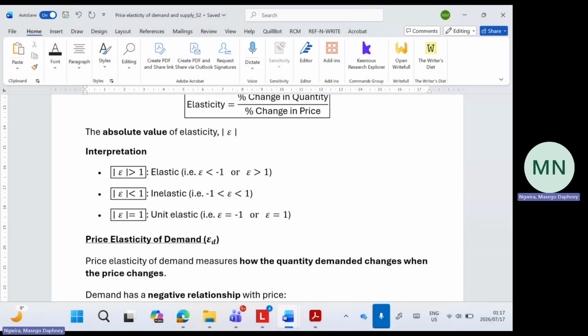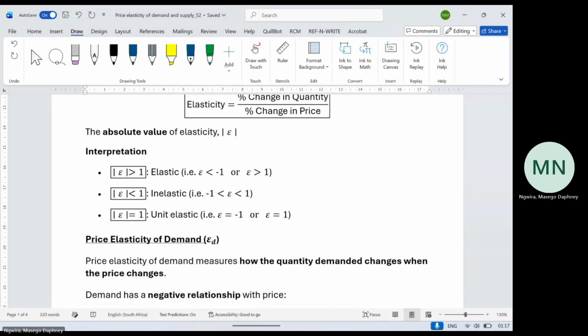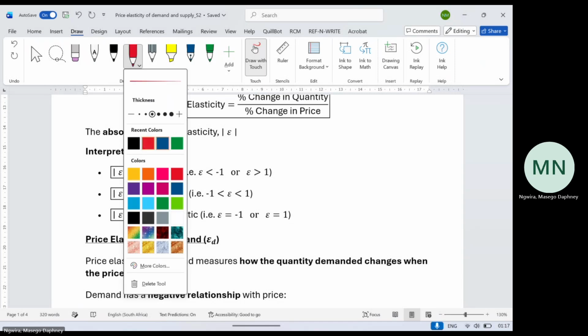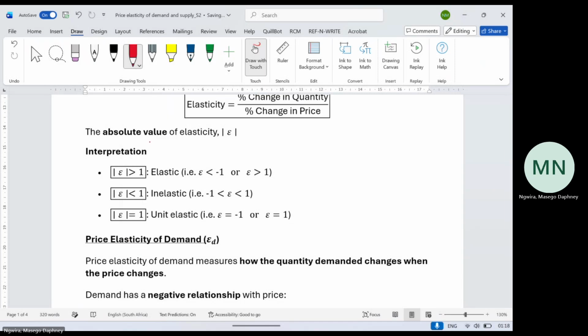All right. So this sign means less than, and this one means more than. So if it's less than -1, and then this is more than +1. And in this one, it tells us that the value will be between -1 and 1. So I'm going to draw a number line just to show you what we mean by less